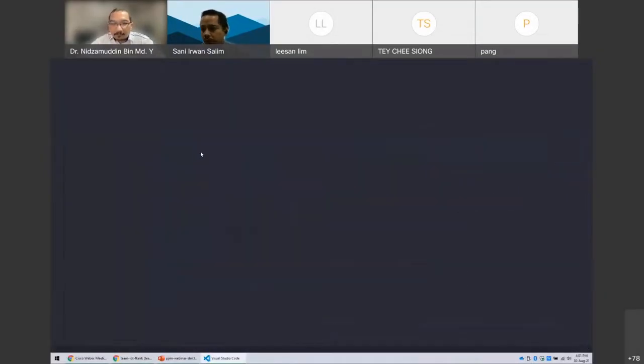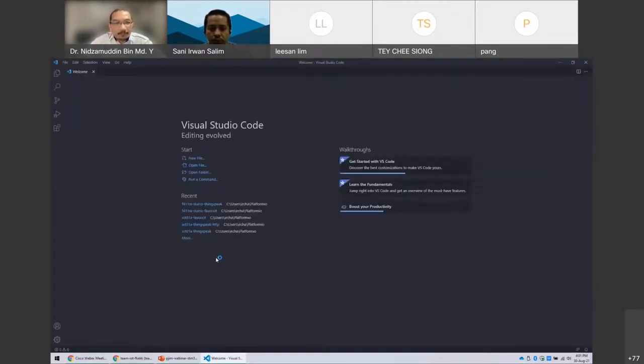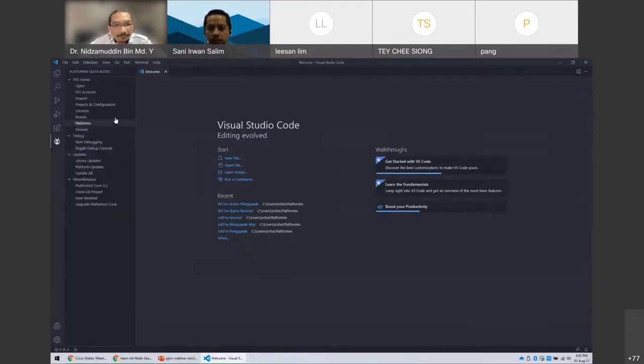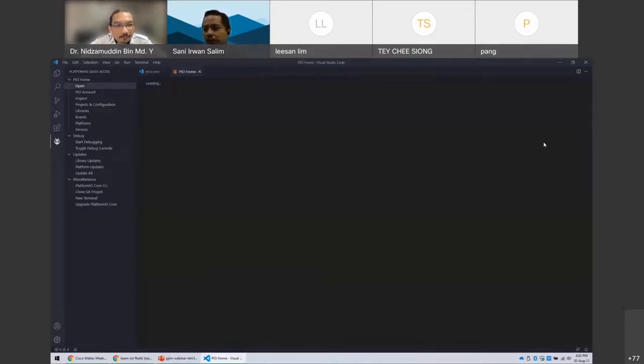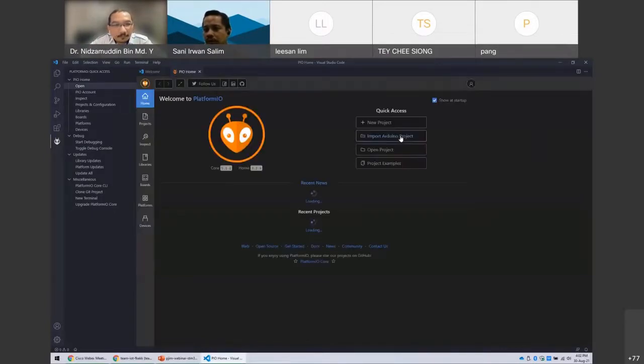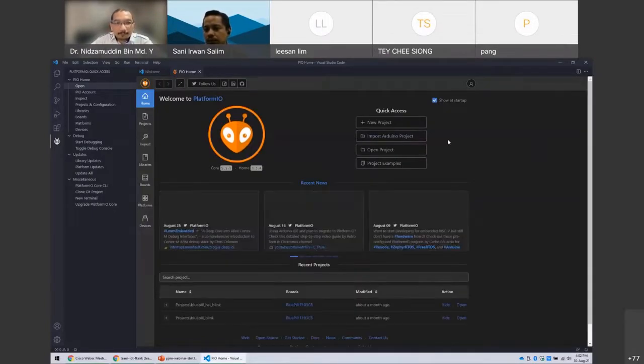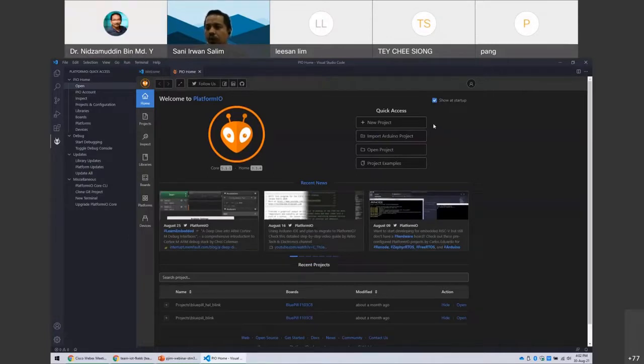Okay, start from the basics. This is the first piece, Visual Studio Code. To enable it to program the STM32, you need to install what we call PlatformIO over here. PlatformIO is the extension that enables you to program not just the STM32, but